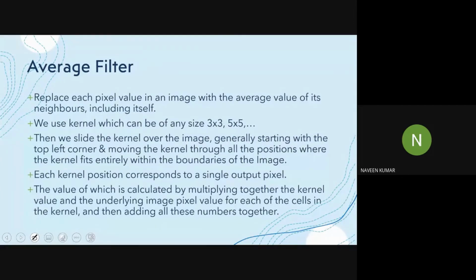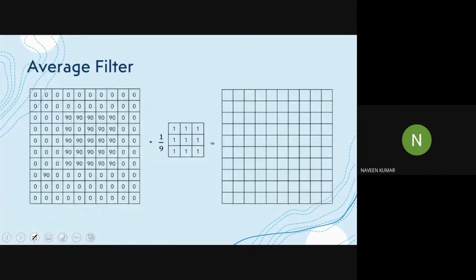Each kernel position corresponds to a single output pixel, the value of which is calculated by multiplying together the kernel values and the underlying image pixel values of each cell, adding all these numbers together and taking the average. So here I have pixel values, and let us try to apply the average filter over it.